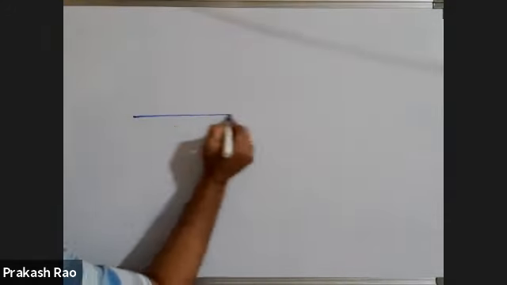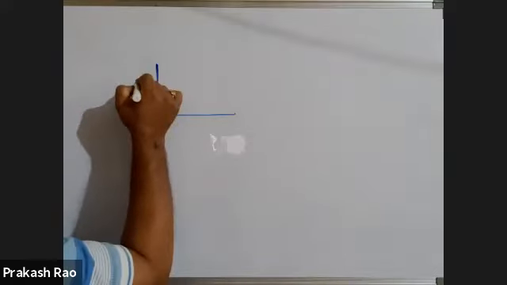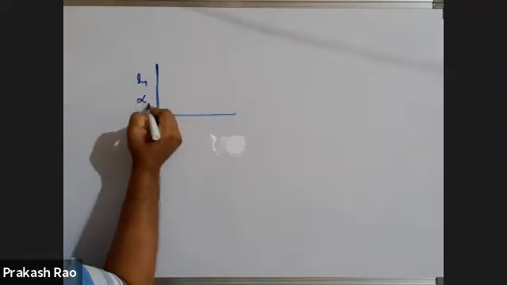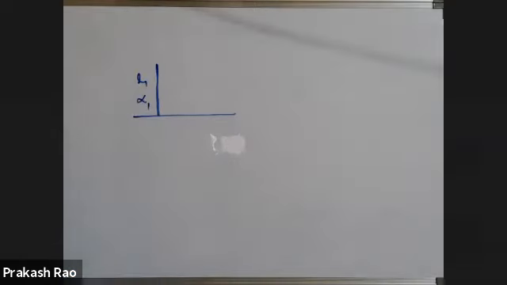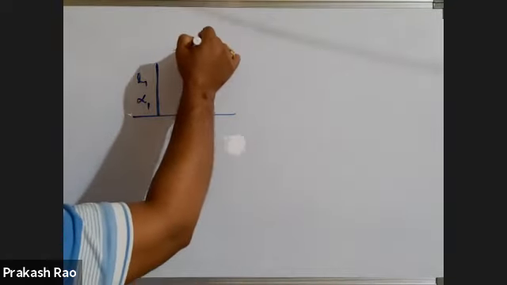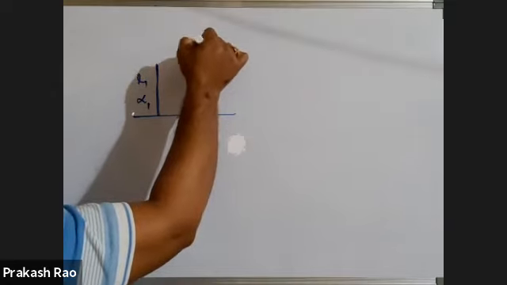Now derive few expressions, few relations which are very, very important, which are given already in the different competitive exams. For example, this is one rod. Its length is something, and it is made with some material. Let its coefficient of linear expansion be alpha 1. This is another rod made with different material.